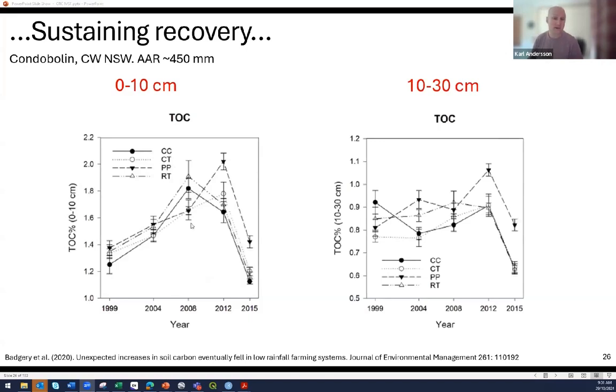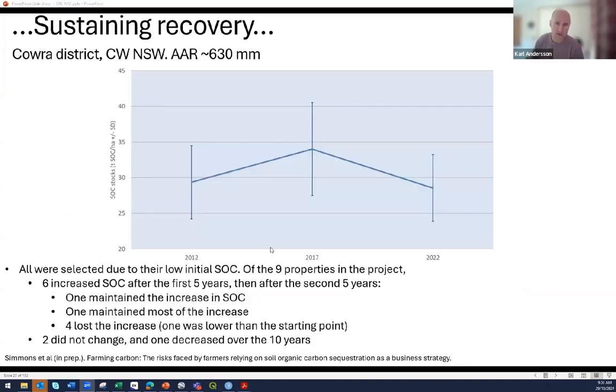But then our conditions change, and we've got the bugs kicking in and mineralizing it. And what we don't want to see really is that this measure here is below where we started, or where we first took this measure. We'd like to see, if this fluctuation is happening, that it's at least stable or trending up. So this is something where you want to keep an eye on it, definitely.